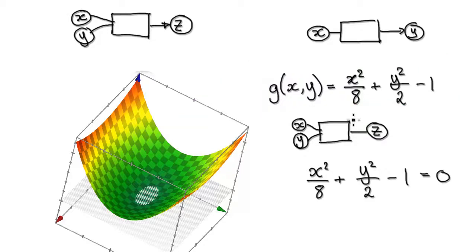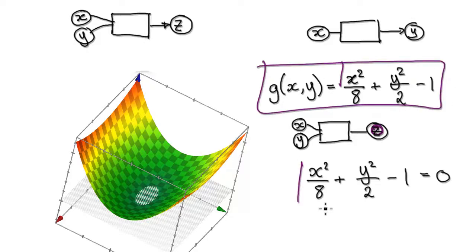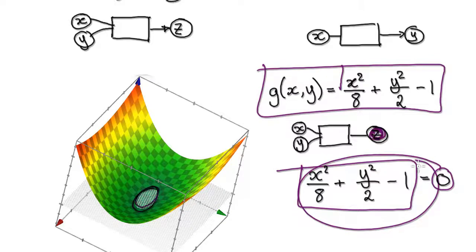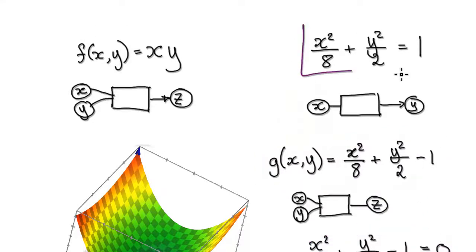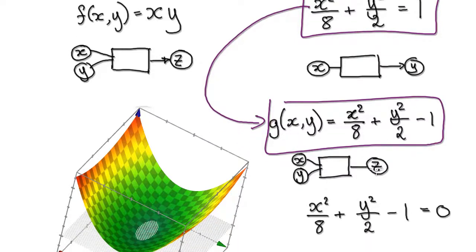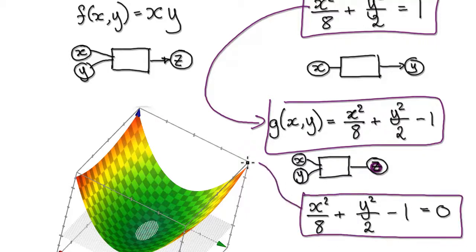But we want to look at a specific case where it spits out the number 0, because that will have an elevation of 0. So looking at this function, we want to look at a specific case where it spits out an elevation of 0, which is this thing here. Well, this thing here is this ellipse. So it's really us looking at the same thing. Up here, this was our constraint. It was given to us, but we want to turn it into this form by creating this function. So that function there, we want to look at it in such a way that it will spit out a value of 0. Now this is talking about this ellipse here,